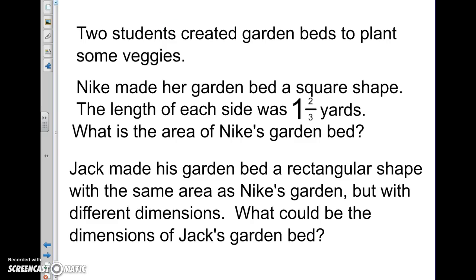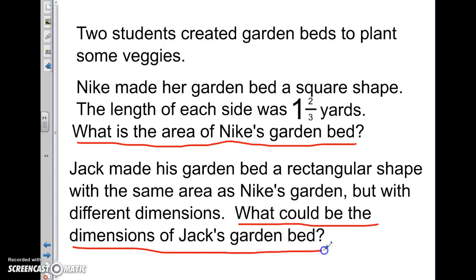So there are two different questions that we need to address here. The first is, what is the area of Nike's garden bed? The second question is, what could be the dimensions of Jack's garden bed? So in this first part, we're given the dimensions of Nike's garden, but now we need to figure out what the area is. Once we have figured that out, we can use that to solve the second part of the problem, which is what could be the dimensions of Jack's